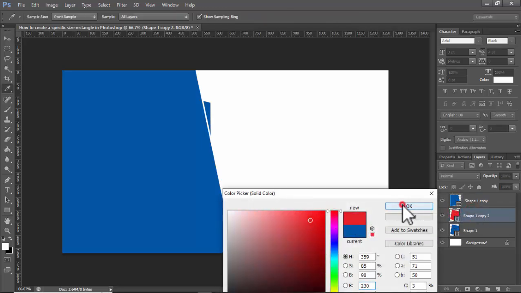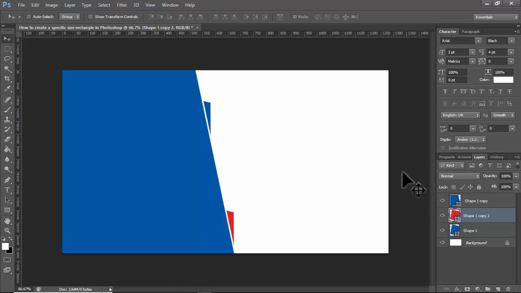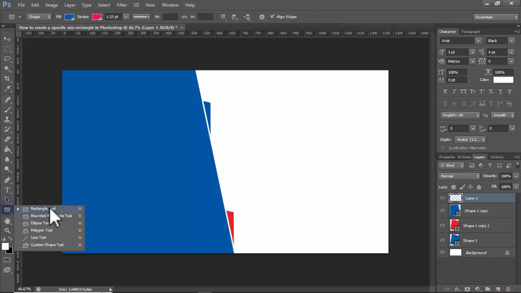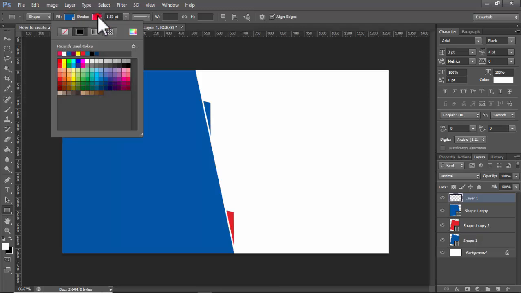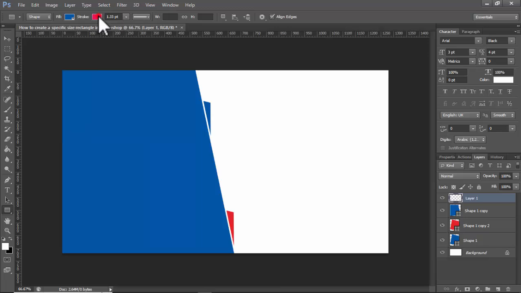In this video, I'll show how to create a specific size rectangle in Photoshop. Let's begin. Create a new layer, select the shape tool, right click, click rectangle tool and use fill color. I already selected this, use fill color or stroke color. Okay, then width example 300 and height 500. Press enter, then click